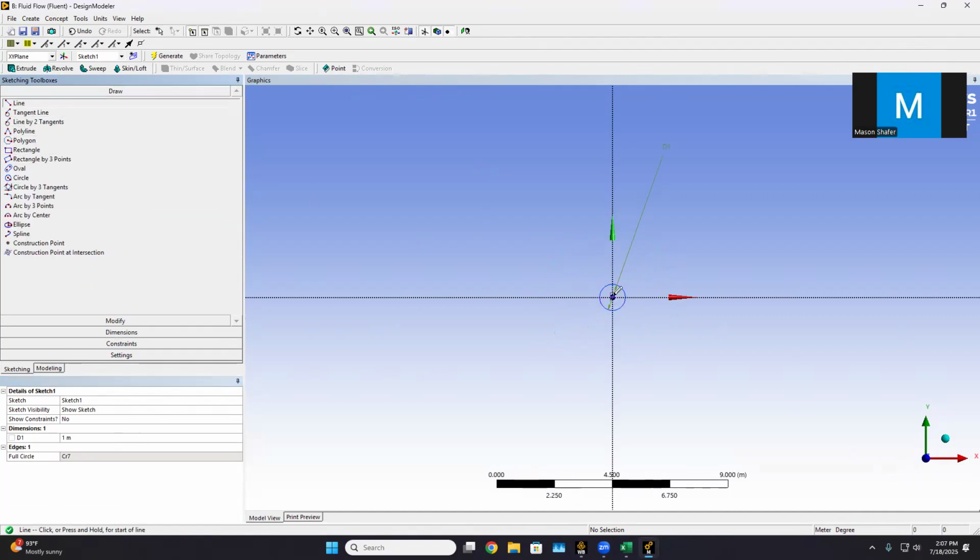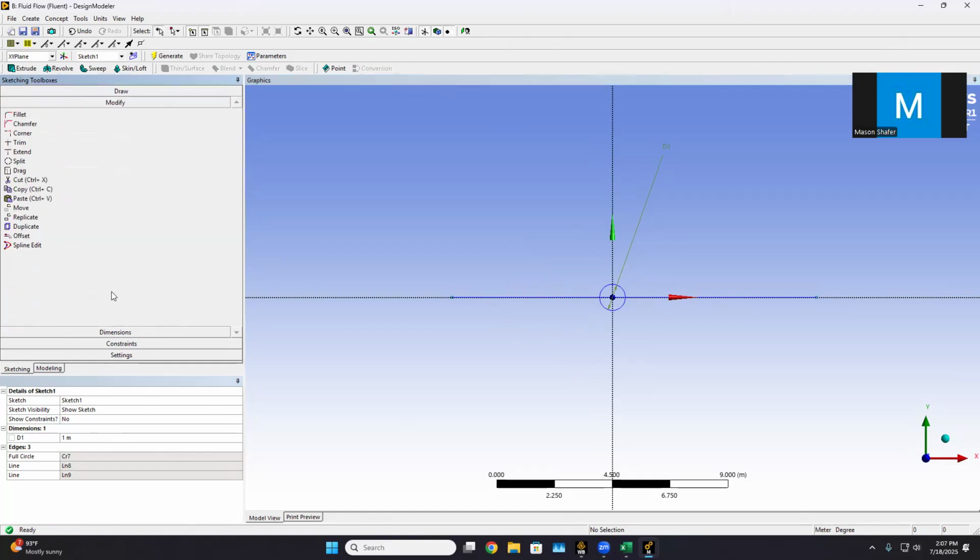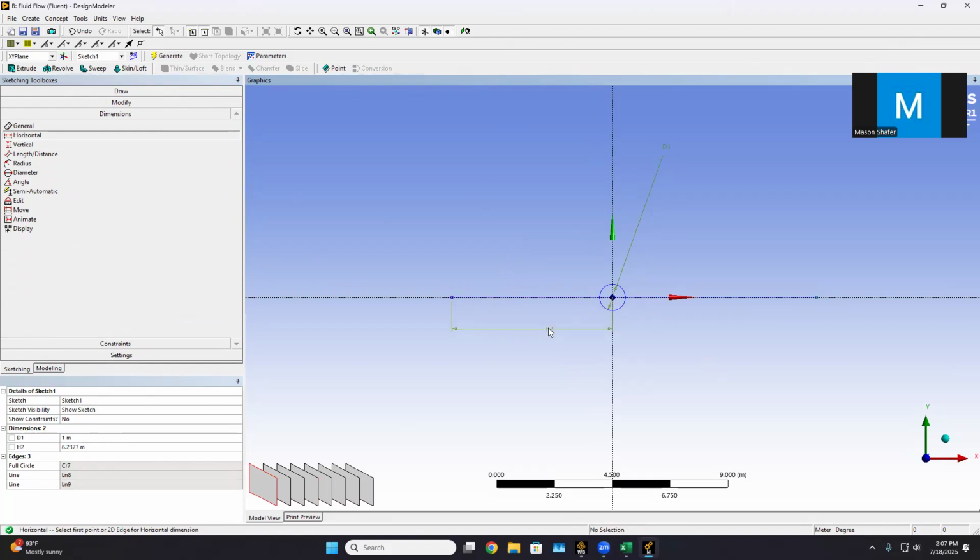Next, we will draw lines because we need to create a square around the cylinder so it can demonstrate external flow. Start doing the dimensions. 1, 2. So make this 25, 25,